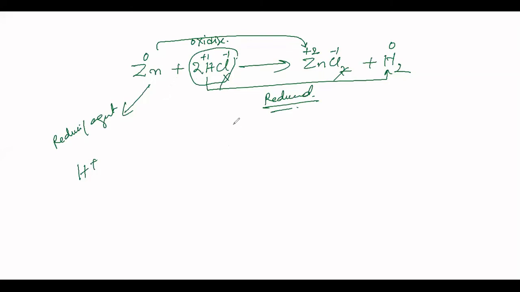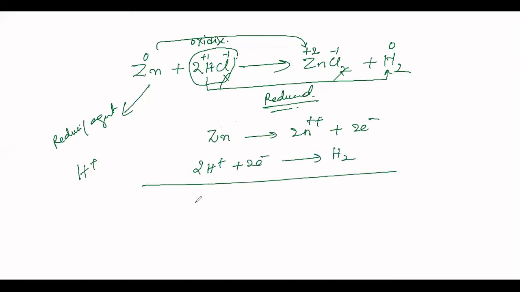If they had given only the ionic equation, then yes. What is the ionic equation? Zn giving Zn2+ plus 2 electrons. Now 2H+ plus 2 electrons giving H2. If the equation were Zn plus 2H+ giving Zn2+ plus H2, then you could have considered that. So the most appropriate one in this particular situation is zinc is acting as a reductant. Fine. So now let's move on to the next question.